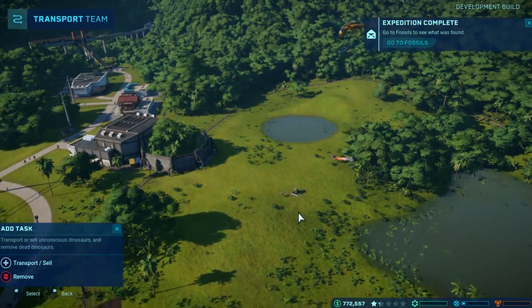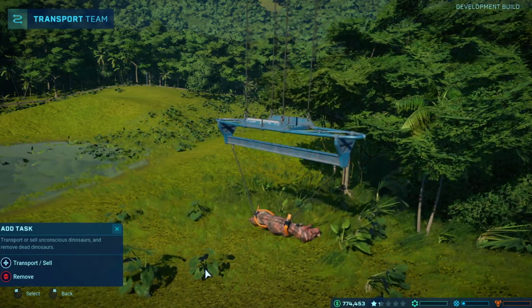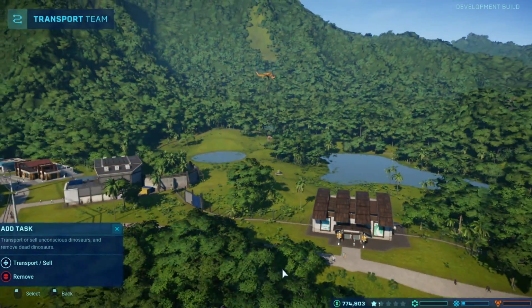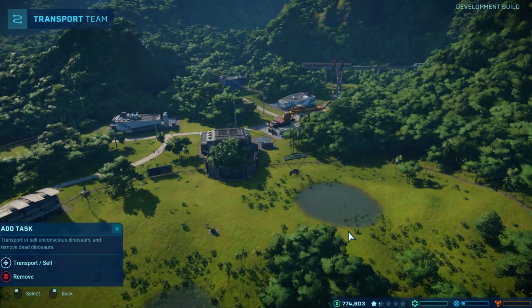Now that they have the coordinates, we just gotta wait for them. And here comes down whatever this thing is. I guess it's a dinosaur harness, guys. And I love this when you pick it up. Isn't it adorable? When they're totally knocked out, they seem so adorable. I just love the way it flopped upwards. But yes, that's going to take it over to its new cage so it doesn't eat any more of my